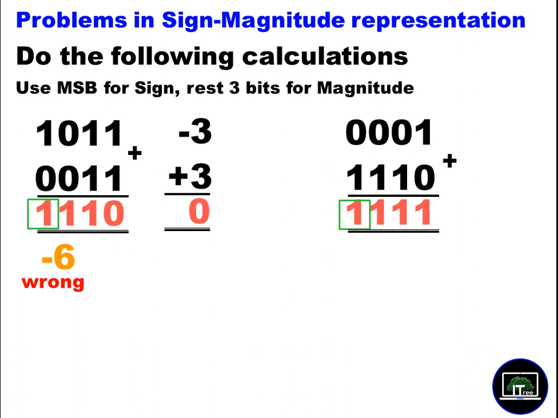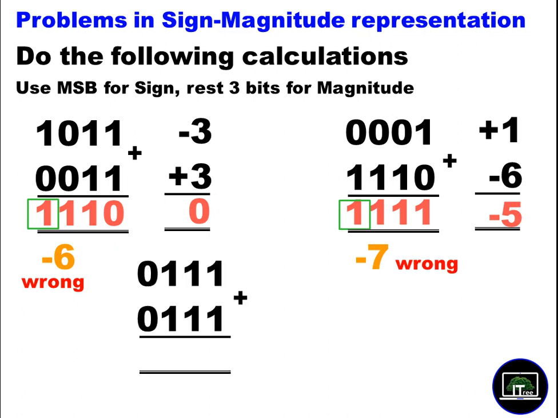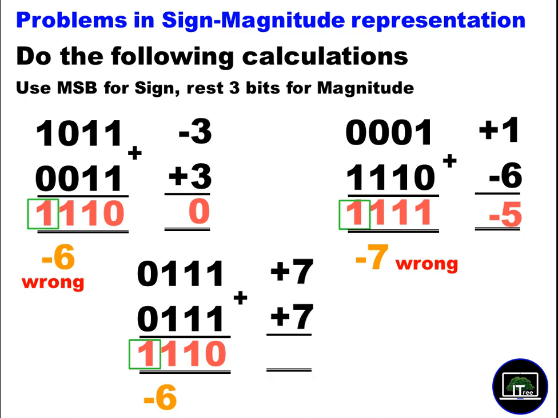But here you get the answer. Since the sign bit is 1, it's a negative number. This is negative 7, minus 7. So now if you look at this one, it is plus 1 minus 6. So the calculation should make the answer minus 5. But you got the answer minus 7 in binary. That's wrong. We get one more. Add this one together. As you know now, this is a negative number. It is negative 6. When you make this one, 7 plus 7, 14. Yet the answer is wrong. So we have a problem now.